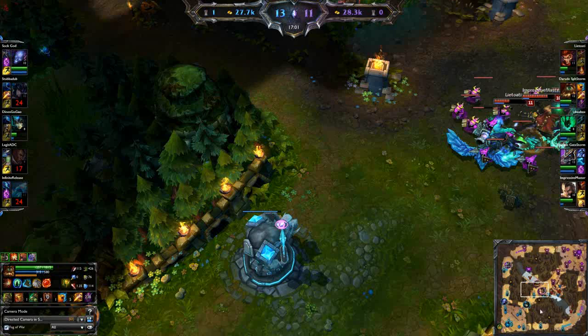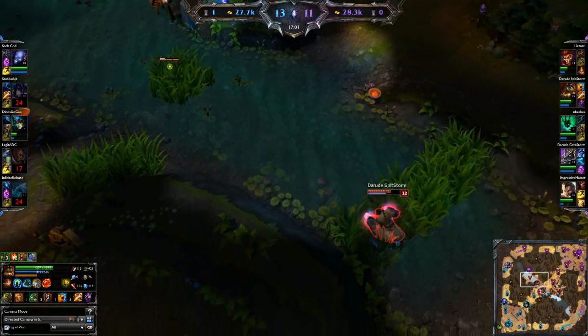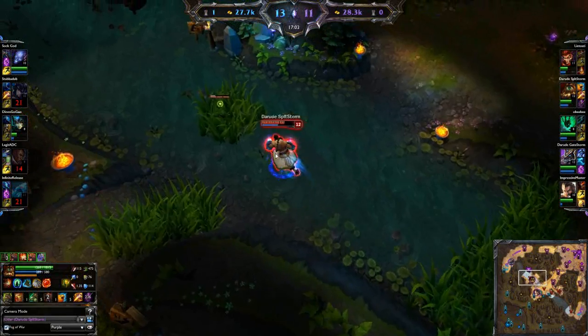Okay, let's just hit F3. What do they have on the map? They usually don't ward this at 17 minutes. They don't expect this. So if they don't expect it, let's put it back onto me. And it's not warded right now. So with Turtle,